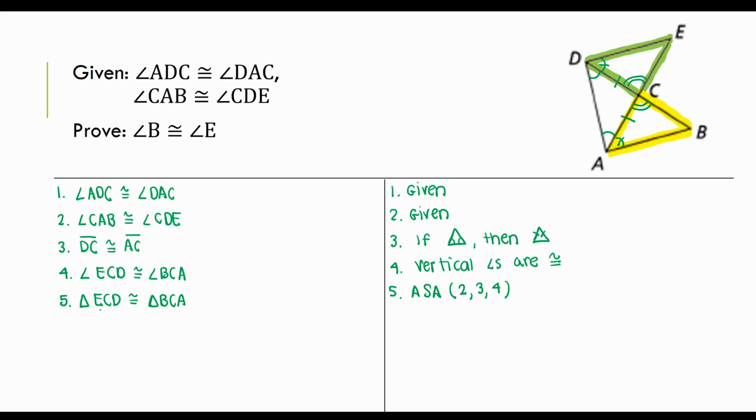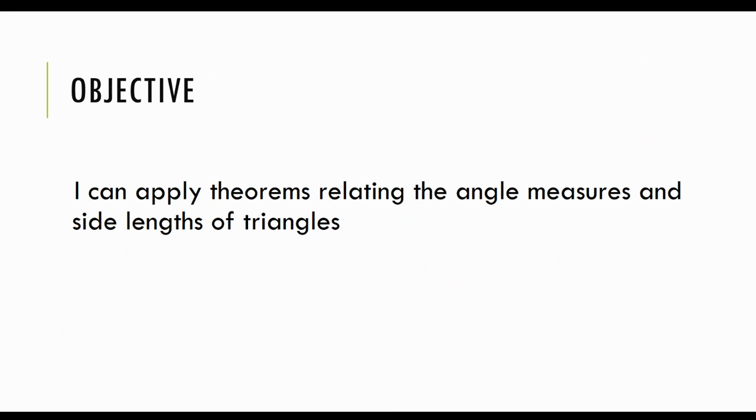But now that I have 3 things that are marked, I got my congruent triangles. Any other pieces are congruent. So I can say that angle B is congruent to angle E. And remember, that's because corresponding parts of congruent triangles are congruent. So that's us applying theorems relating the angle measures and the side lengths of